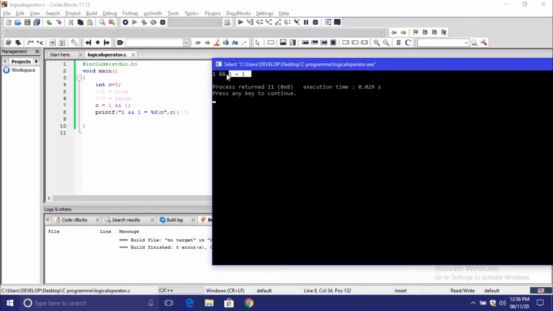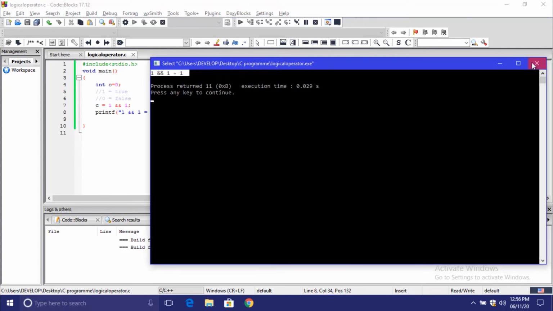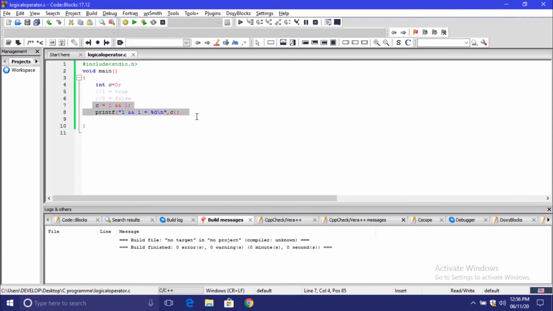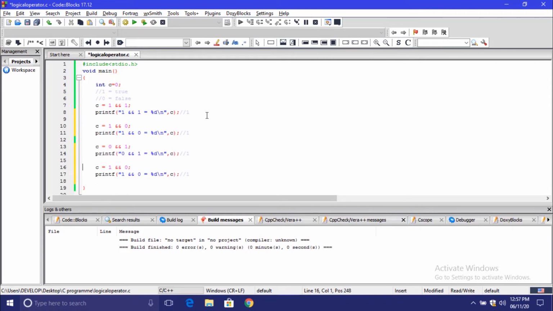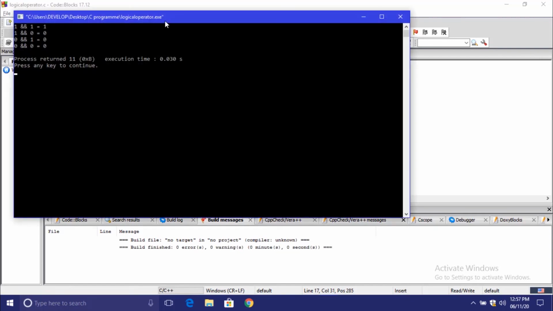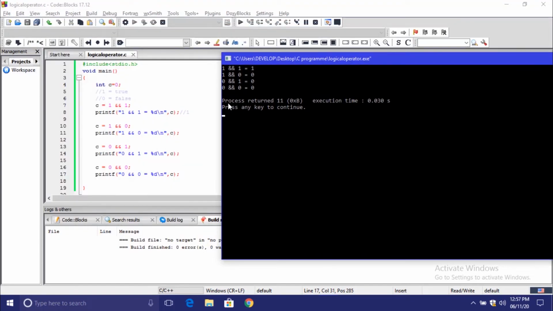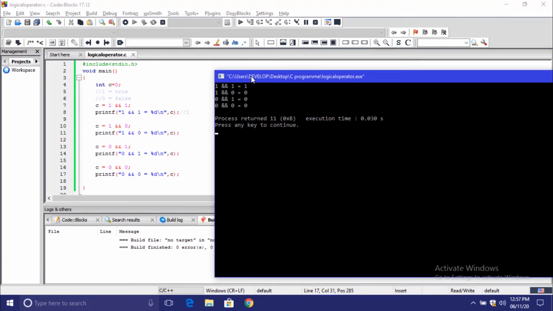So let me write all the remaining three conditions for the AND operator. Let's compile and run again. Let's interpret the code again and see what is printed.